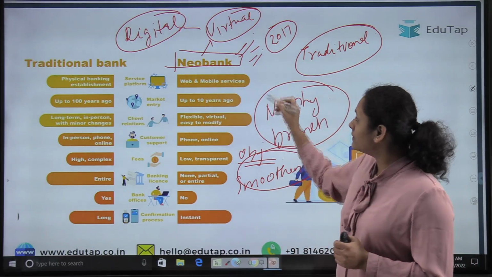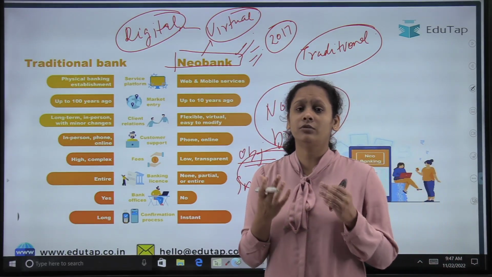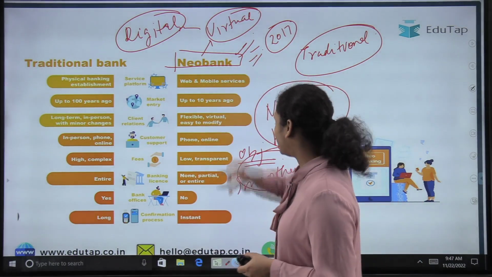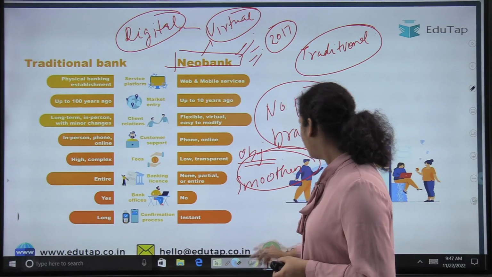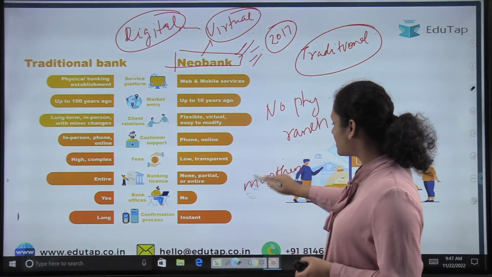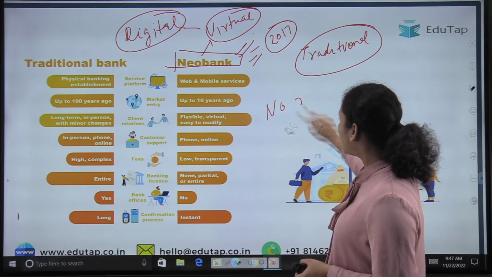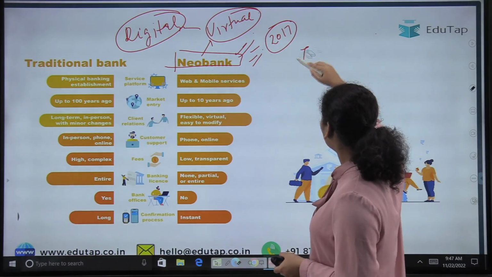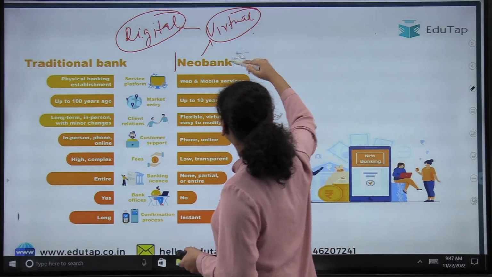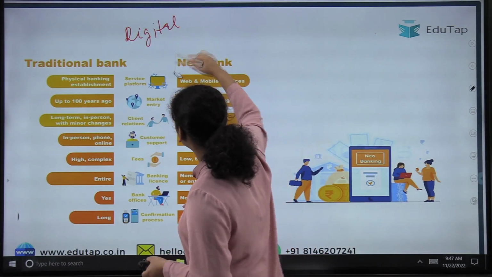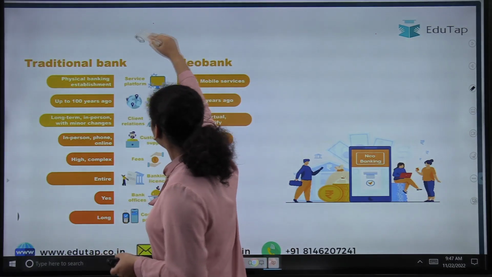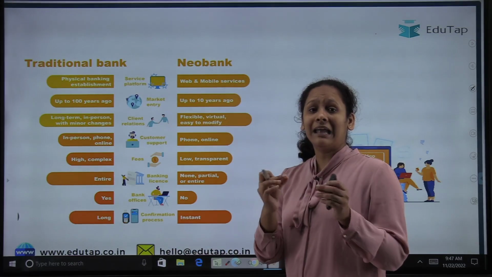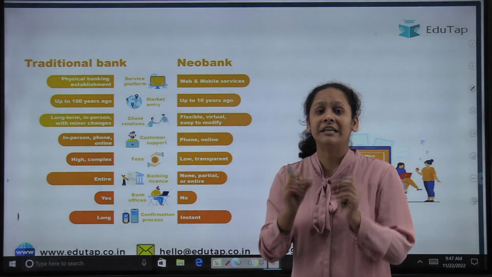ठीक है? So you can ask me, ma'am, ये तो digital banking में भी हो रहा था. Then what is the difference between digital banking and neo banking? See, you can understand this. That see, as I said you just now, that neo bank has no physical branch. ठीक है? It operates completely on online mode using fintech technologies. But what is a digital bank on the other hand? Digital banks are the digital outlets. किसका? Of a licensed bank which are already present